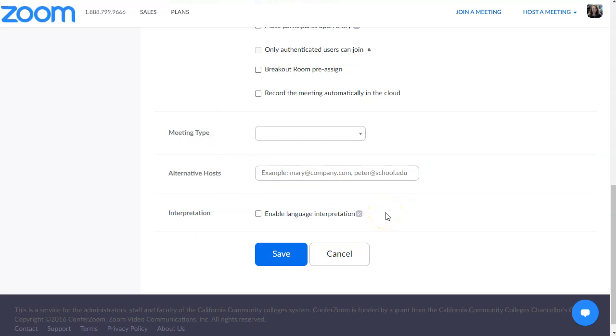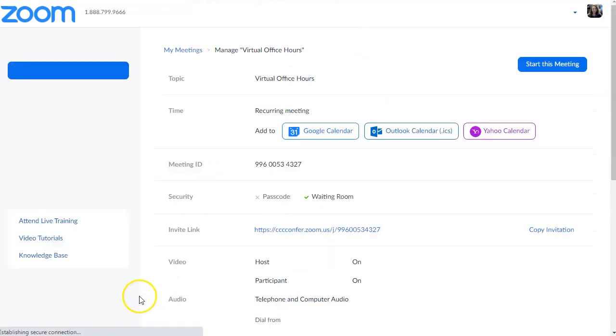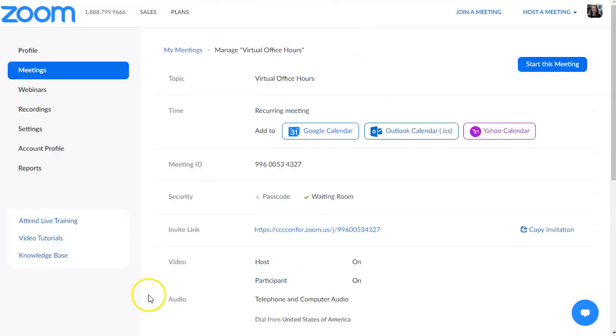I'm not going to worry about the language interpretation right now. I'm just going to hit save. And now you'll see here is my Zoom meeting link. It's right here. I like to copy and paste this link and put it into a meeting invitation with Google Calendar. That works really well. You can email this out to someone with your Google email if you would like, or